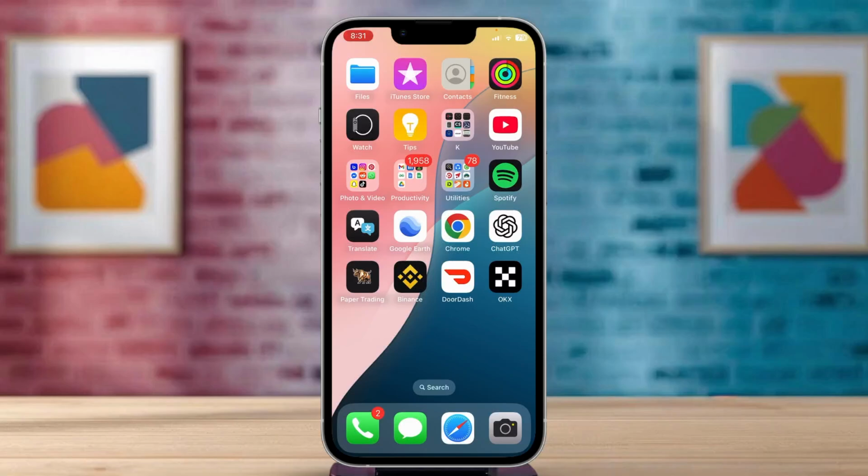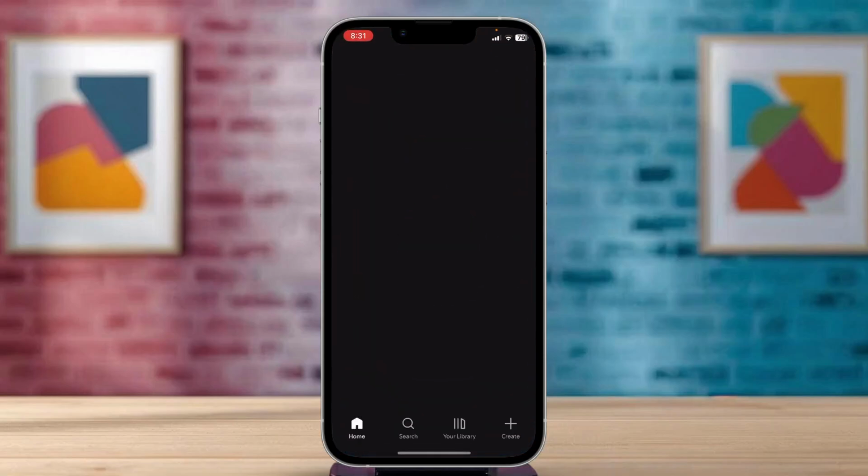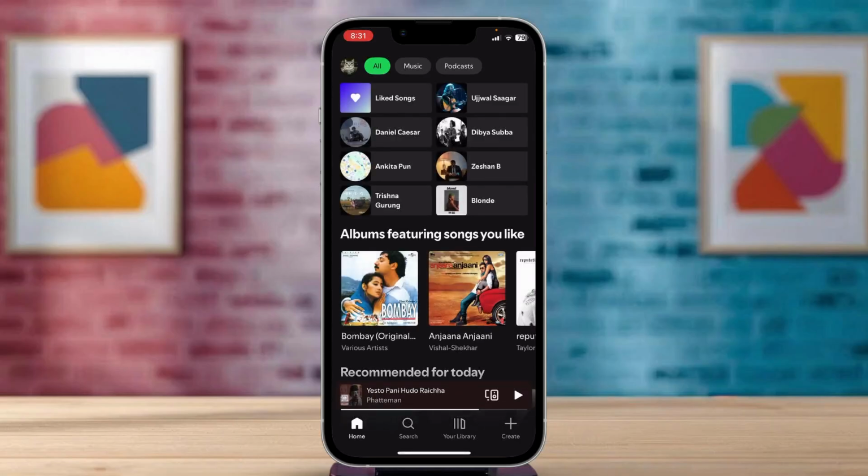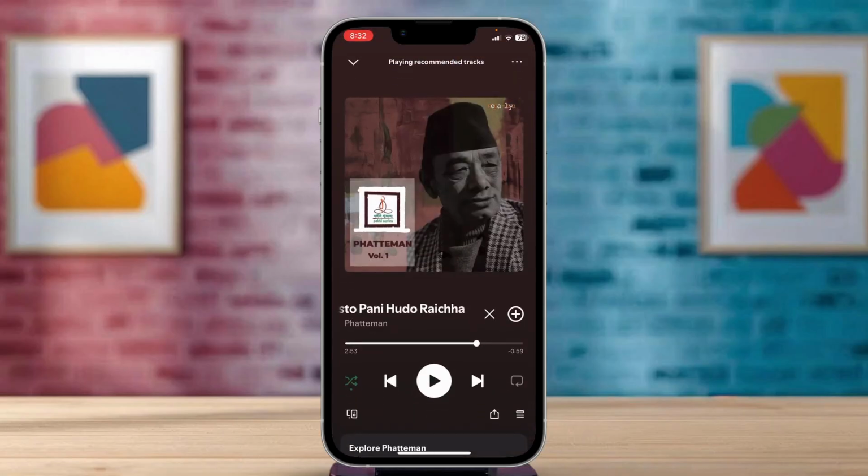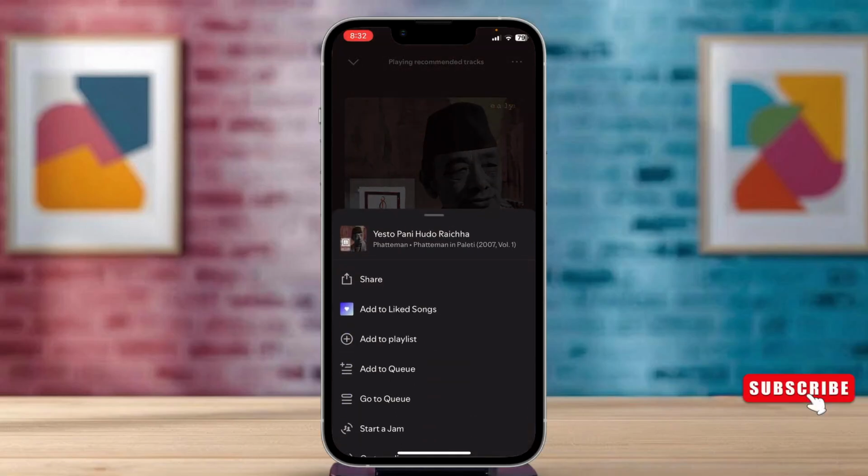Now let's begin. First of all, open up your Spotify. Make sure you're logged in. Then what you can do is open up any music or song that you like. After that, you can tap on the three dots on the top right corner of that very song and then